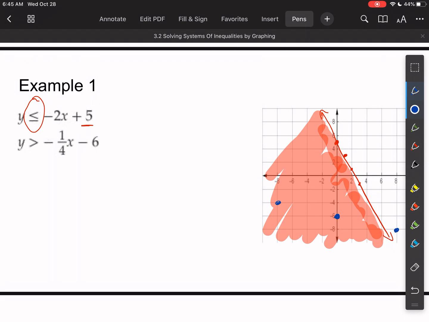This one is a dotted line because it's not or equal to. This one says that the y values are greater than that line. Since it's greater than, I'm going to shade above the line. So technically for this one, it's all of this area,